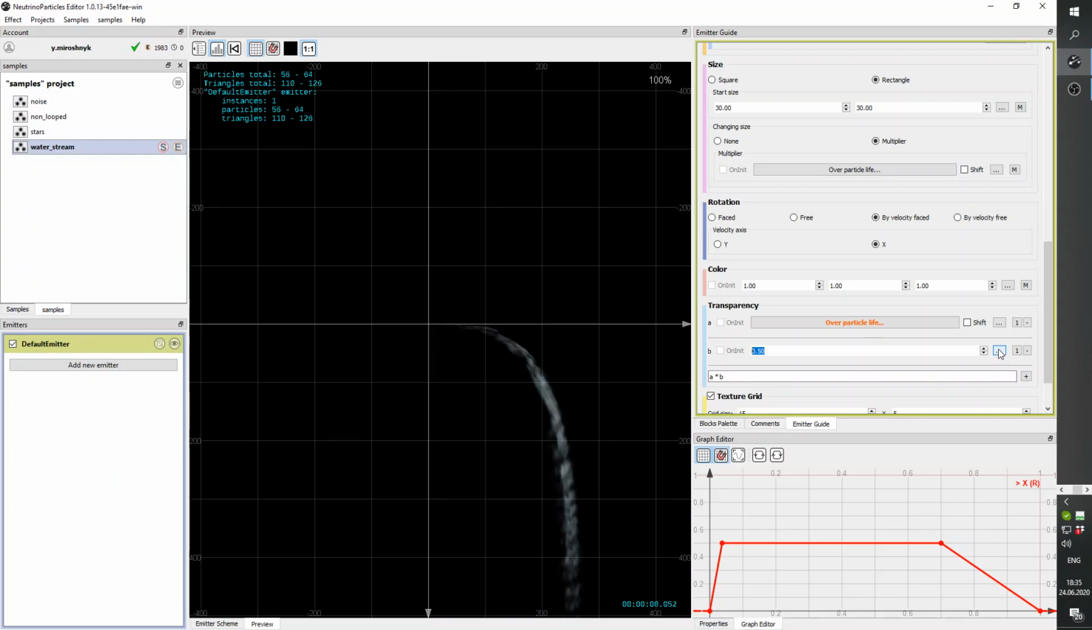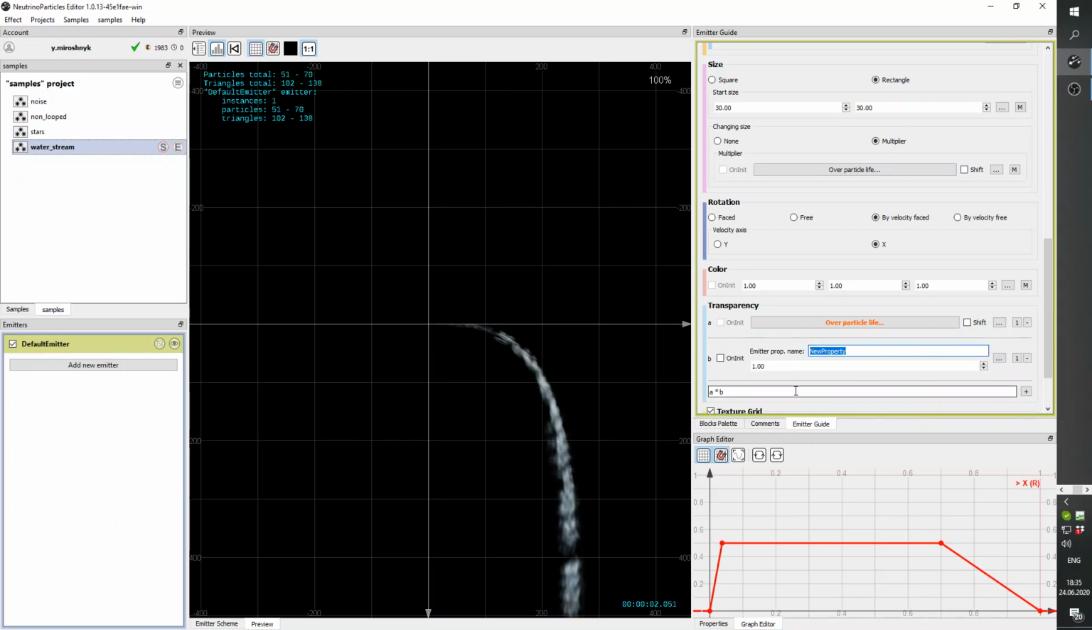Now let me change B to emitter property and call the property something like alpha. This is a custom name and you will use it in the application. By default it is 1, and now let's export the effect,